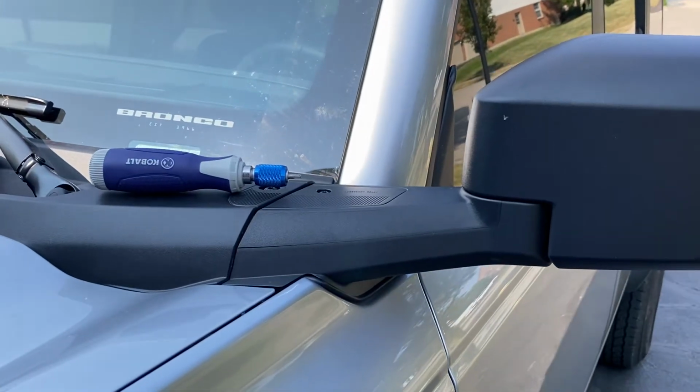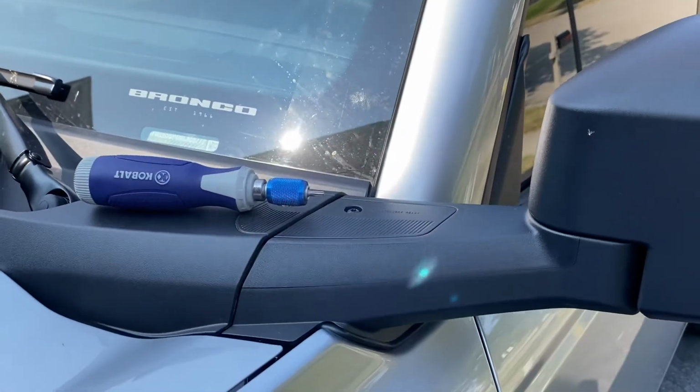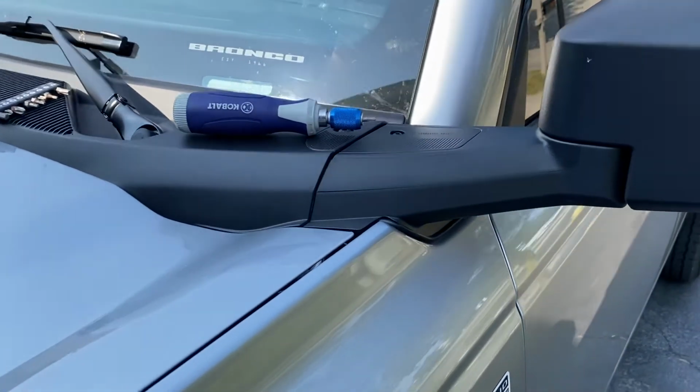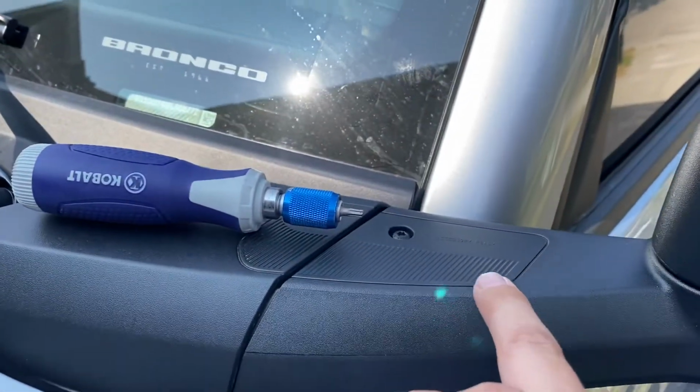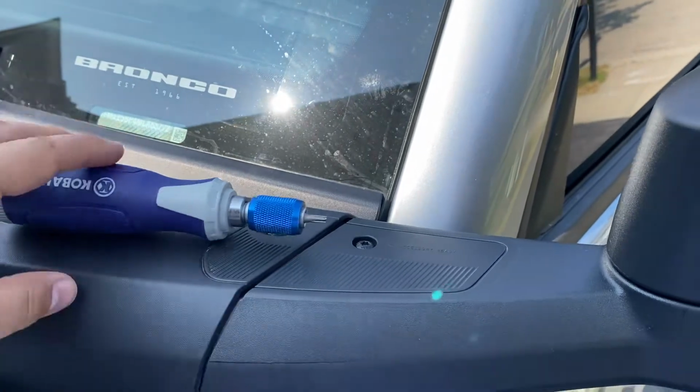So we're installing the Diode Dynamic 3-inch pod lights today. We're going to be mounting them here on the Bronco mirror pod cowl. As you can see, it does say accessory mount here. So we're going to take my star head and go ahead and take that off and see how this comes